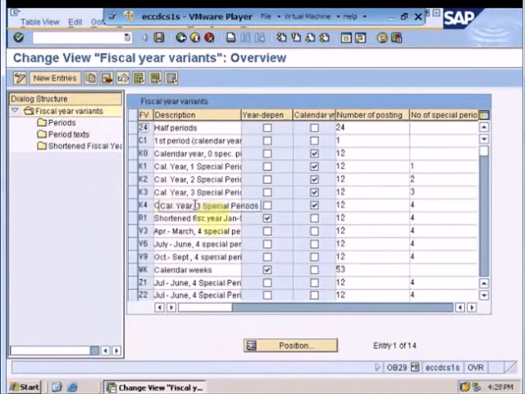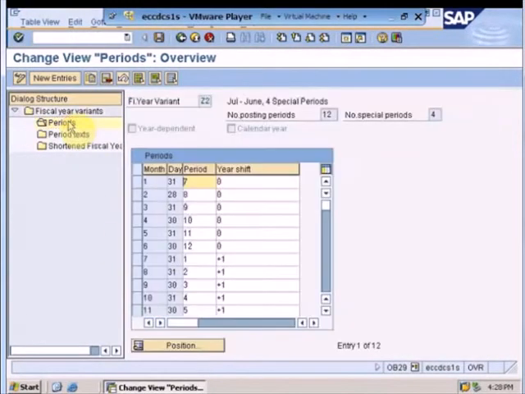So if I recall everything again, since this fiscal year is also a variant, we just defined a variant with the name of Z2, that is July to June. We configured the variant by moving on to its period section, and we configured that the first month is my 7th period, second month is my 8th period, third month is my 9th period, and so on.